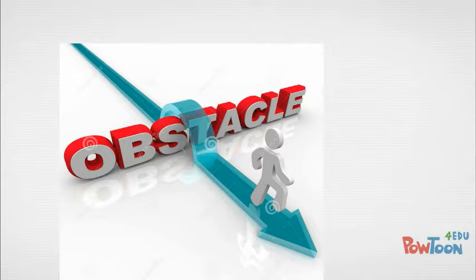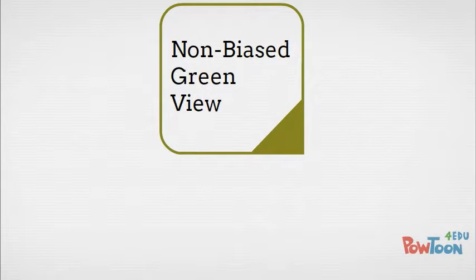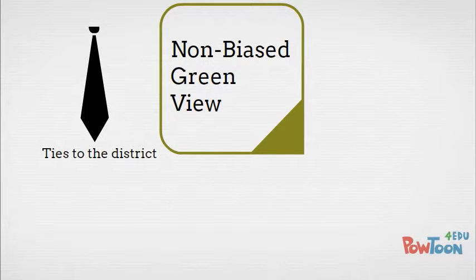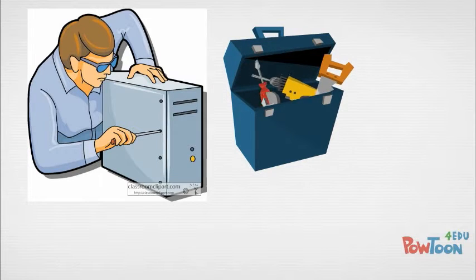The focus group evaluation survey pointed me to the following obstacles when promoting green IT and green buildings. The first is getting a non-biased take on going green by interviewing multiple groups of stakeholders and not just employees of the district who have ties to the implementation of the system. It was obvious that each participant responded to the survey based on their current role in the district. For example, the computer technician responded based on the maintenance and upkeep because this is what his job took on. This may have interfered with the validity of their response.